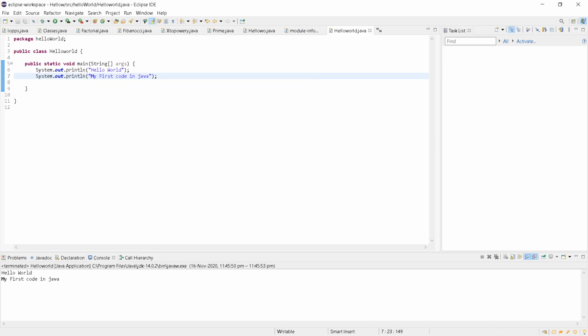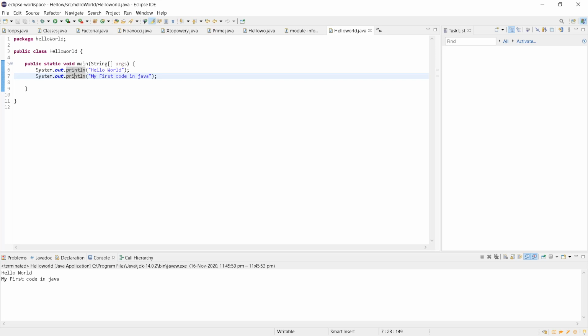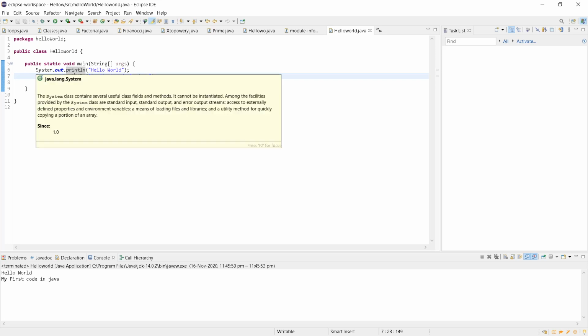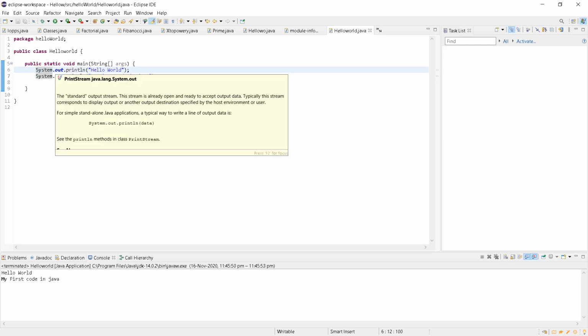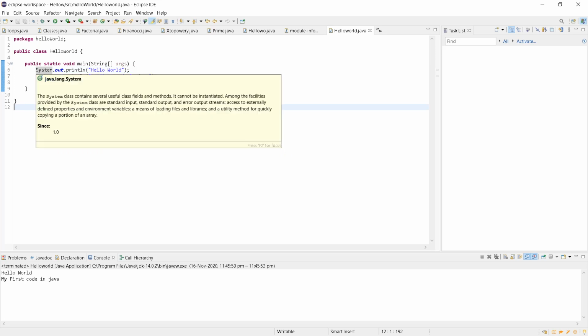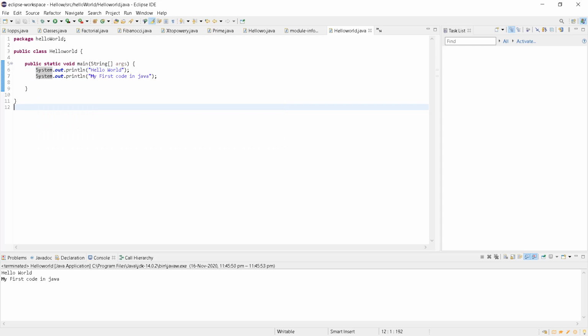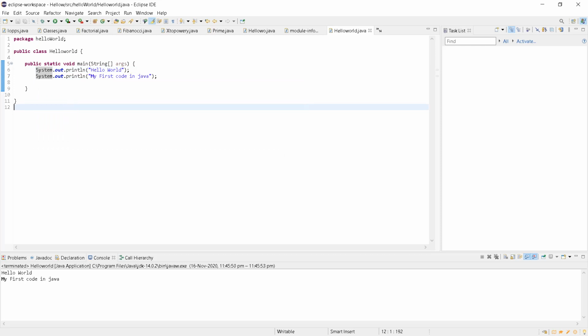So what happened here is very simple. Println in the sense it prints in a new line. If we don't mention this ln, it will print in a straight line. So system here is a class. Explaining all that now is not necessary; I'll explain them in the next video. Well, system.out.println would print out something in Java.